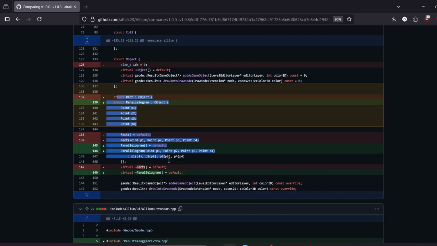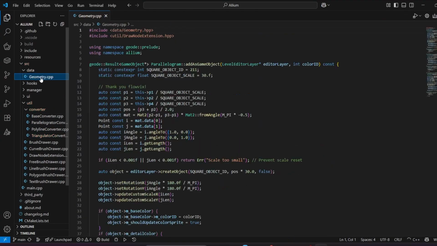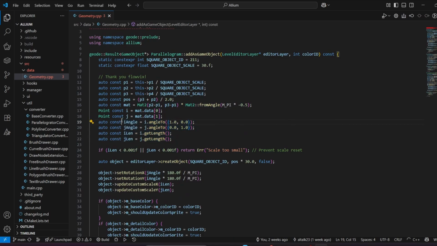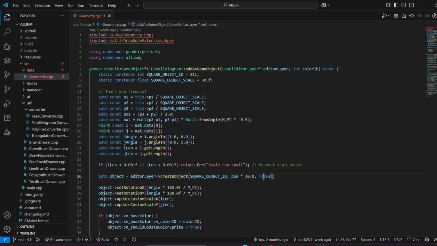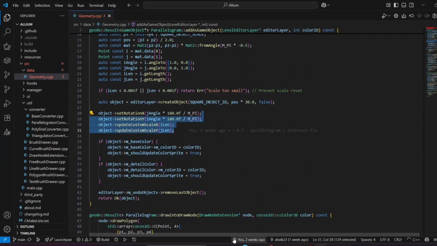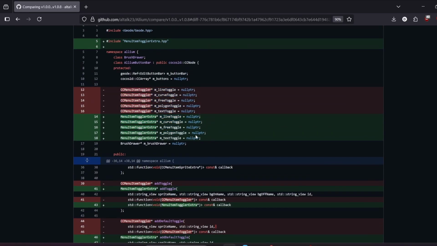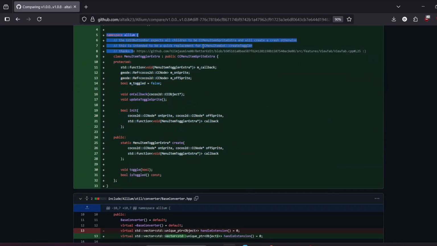I replaced rectangle with parallelogram because I changed that implementation into a parallelogram. It now supports angle and skewing. I just copied from the triangle. It's the same exact thing. So that's why it supports that, and that's why it's renamed to that. And those are just toggled. Yeah, I copied this from